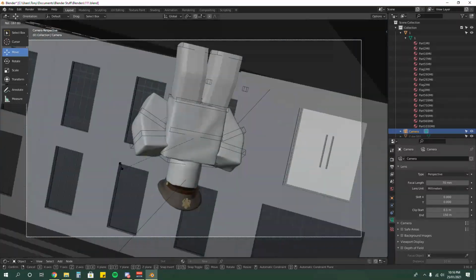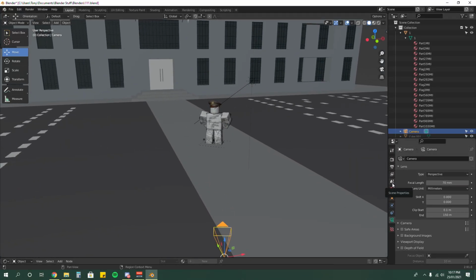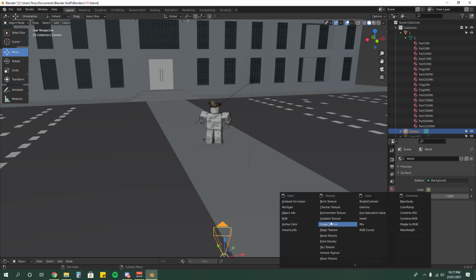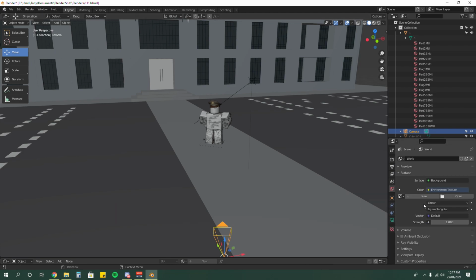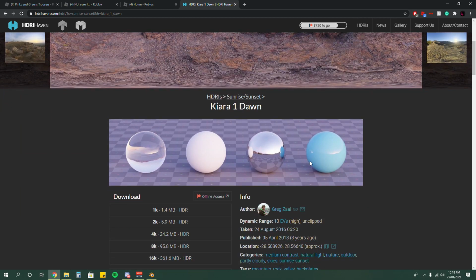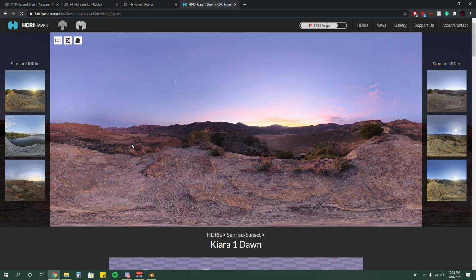That's pretty cool. Whoa. So what you want to do is open up its world. Oh, no, World properties over here. This little red globe. You see this color? You want to select this yellow ball, the environment texture. So instead, we're going to use an HDRI. It's like an environment texture to download. I'll be downloading a 4K, and I will link it in the description. And of course, I do not own this, so yeah, that's what it looks like.